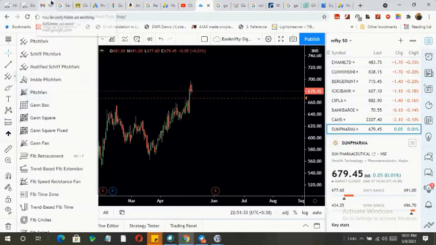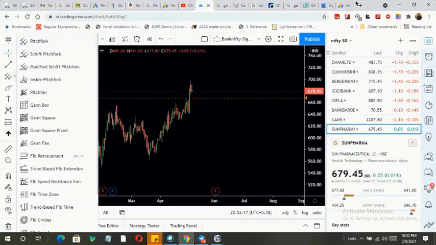But before that, I will tell you what exactly the pitchfork is, and how this pitchfork is identifying the geometry within your stock prices, and it is a very good tool. Pitchfork is based on one of the traders, and his name is used to draw this fork. So the fork is exactly that. If you see, three points are there in vertical shape, and one big middle one is there. So it looks like a fork, and the trader's name was somewhere, so it's a pitchfork.